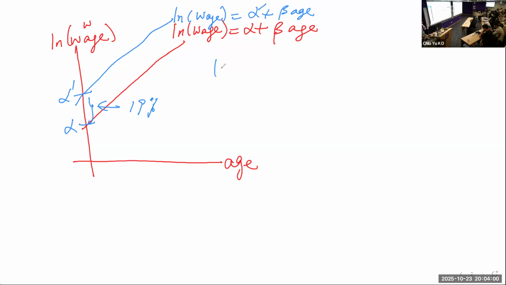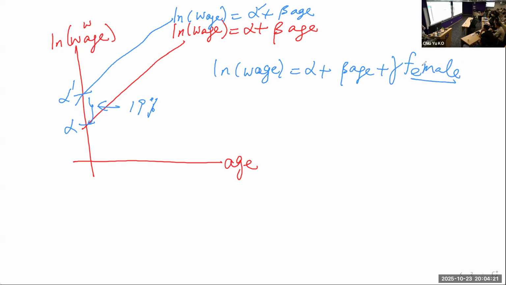This is the regression we're running: log wage equal to alpha plus beta age plus gamma female. That is actually what we are running. And female can be 0 or 1. If female is 0, it goes to male, which basically gives this. If female is 1,